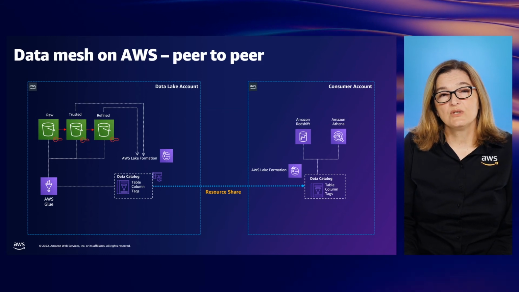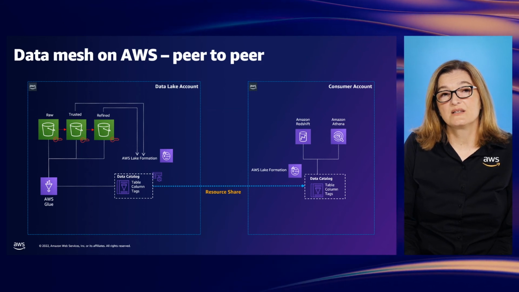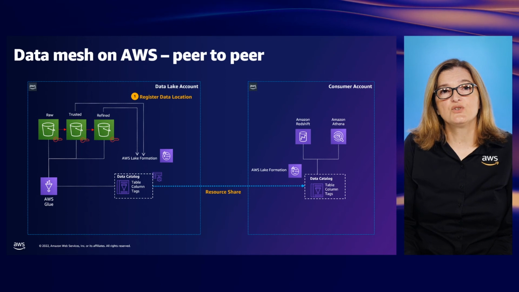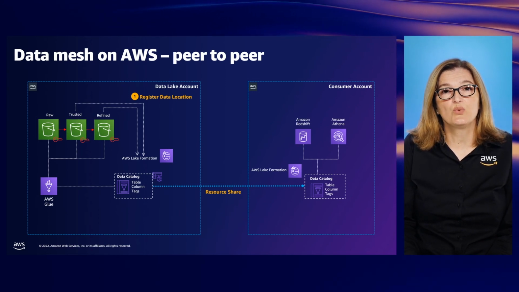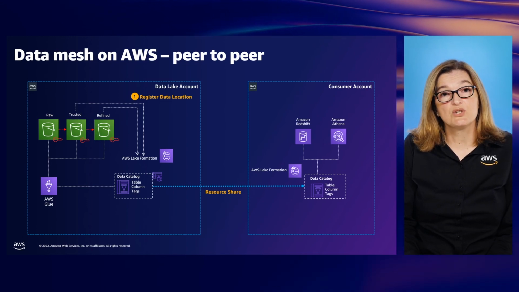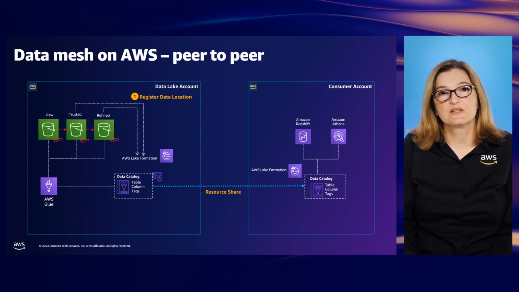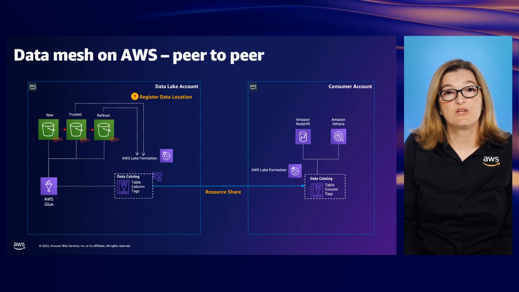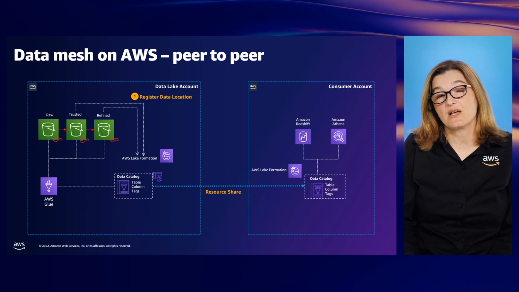Here we have a central data lake account with 3 buckets: raw, trusted, and refined. The first thing an end user is going to do is register the data lake location with Lake Formation. In our case, that means registering those 3 S3 buckets. This tells Lake Formation enabled engines to use Lake Formation permissions to access the data rather than using direct IAM